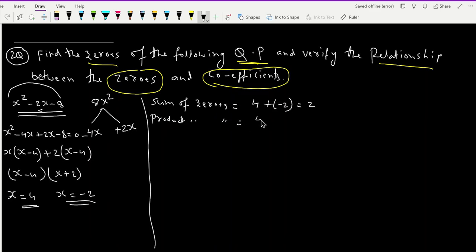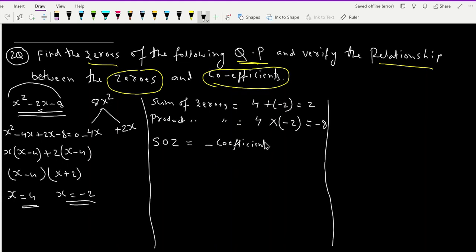Product of zeros is nothing but 4 into minus 2, which is minus 8. I will calculate this by using the formula for the sum of zeros. You have a formula: minus coefficient of x divided by coefficient of